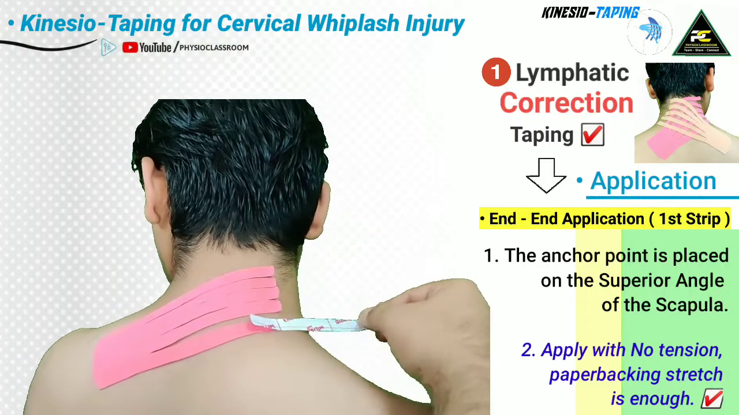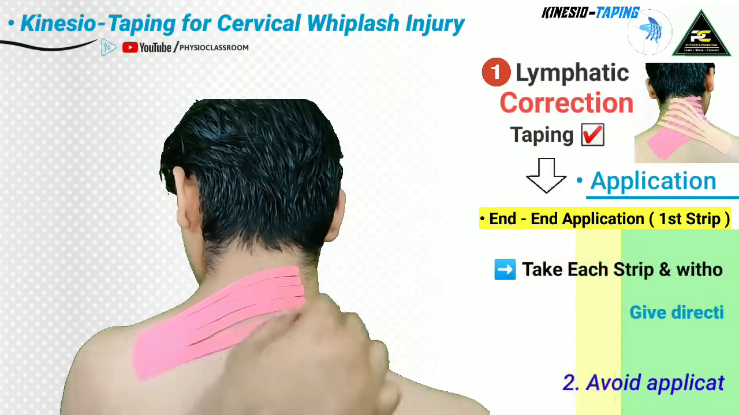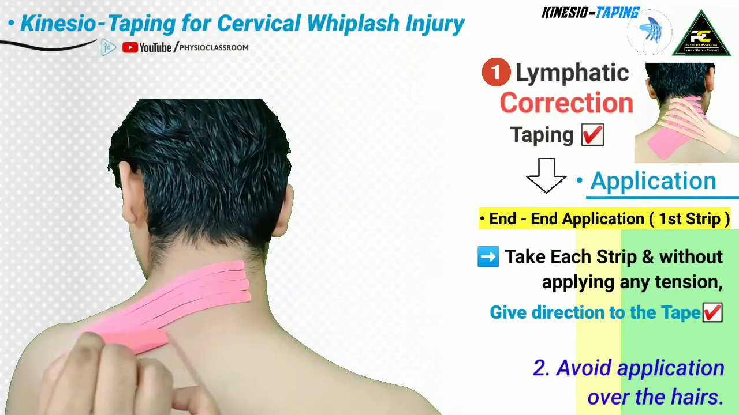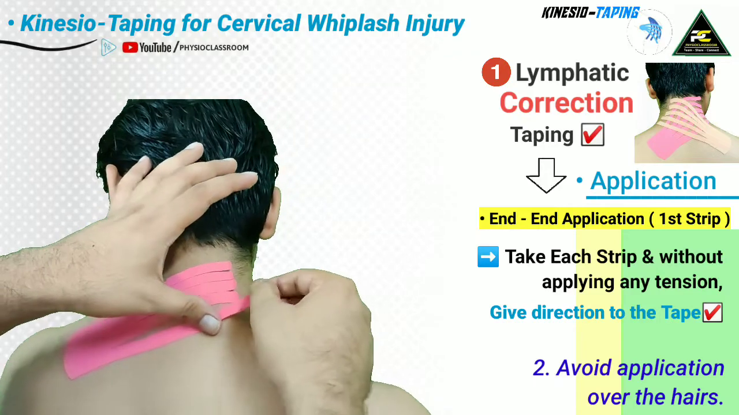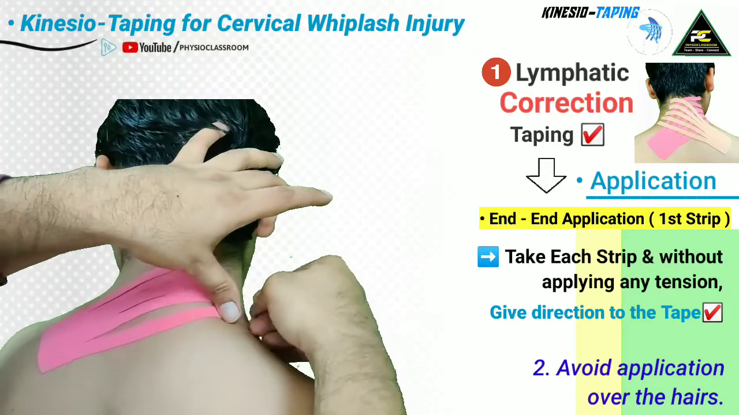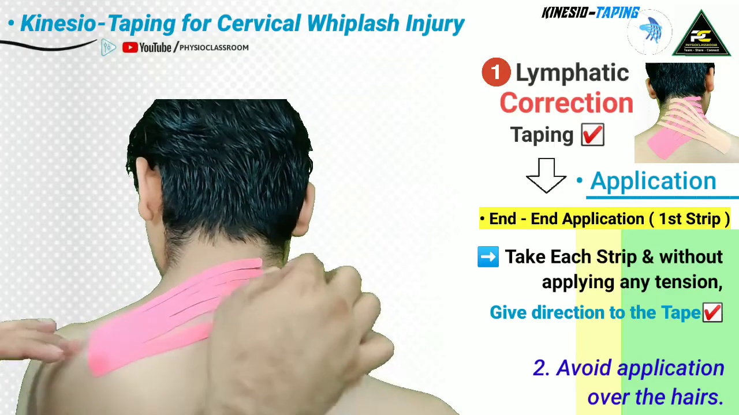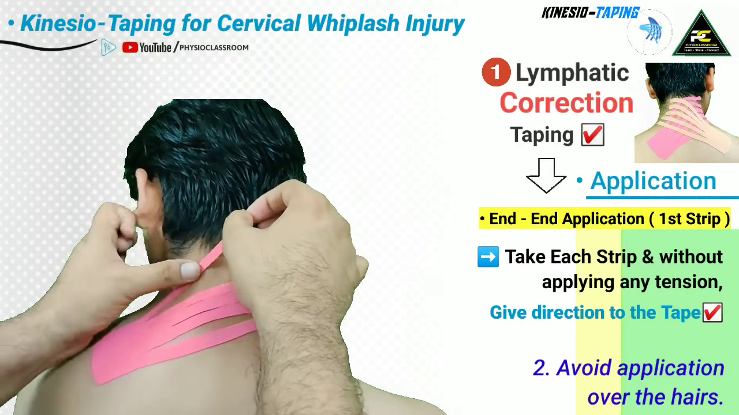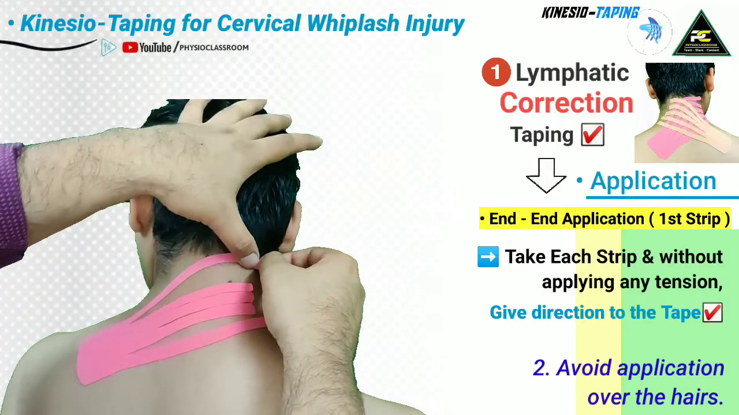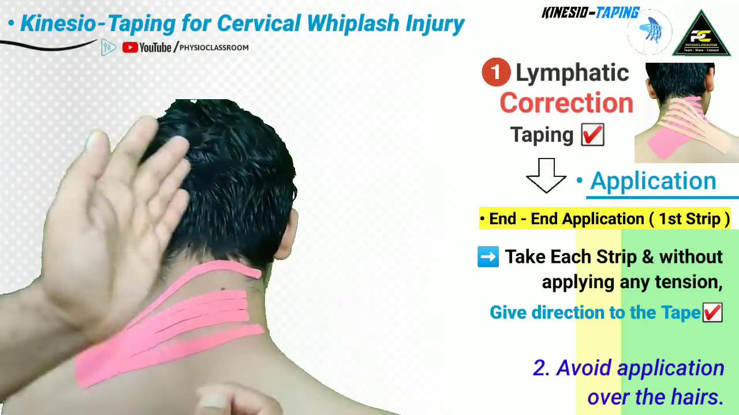and this one. Now very carefully take each strip, remove the tape backing, and now without any tension just start giving direction to the application of the tape. So I tape this, and then I take the superior most, take it back, apply it going across 45 degrees to the cervical spine,